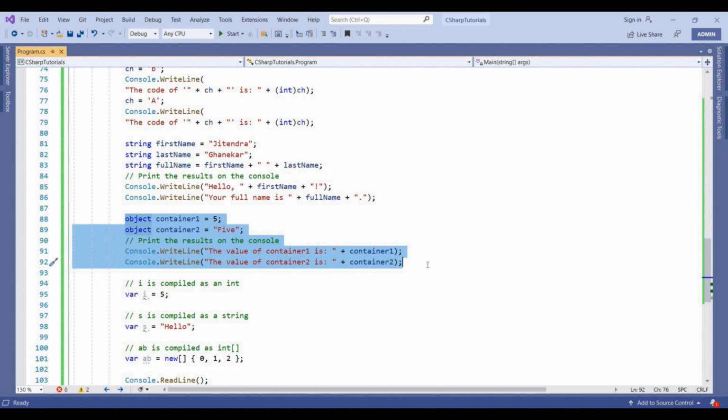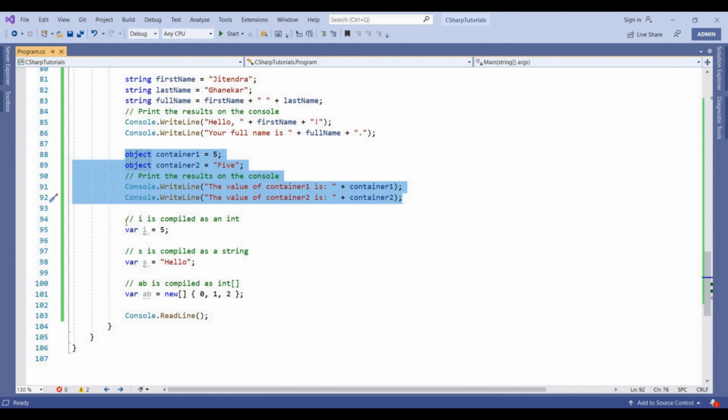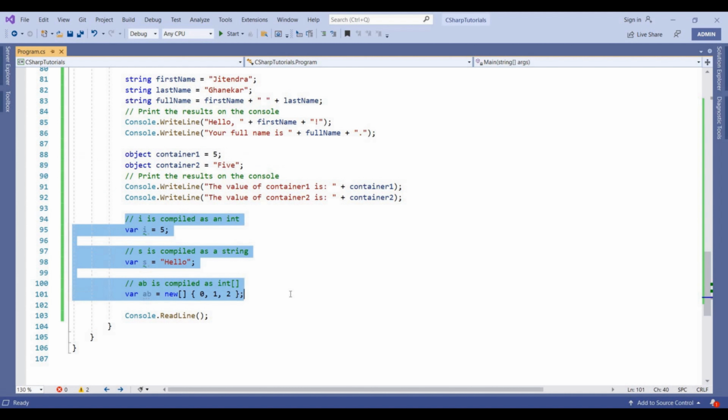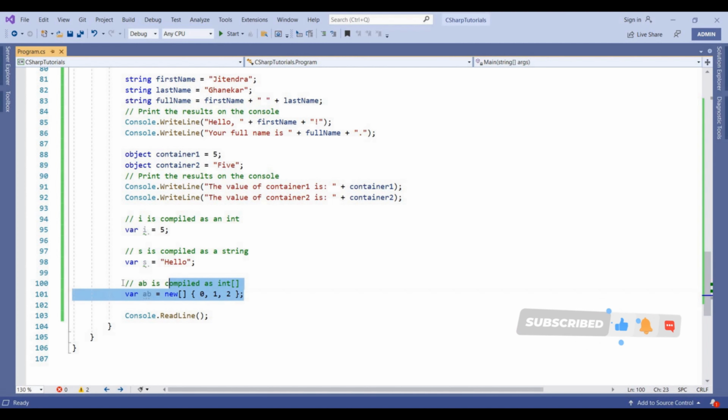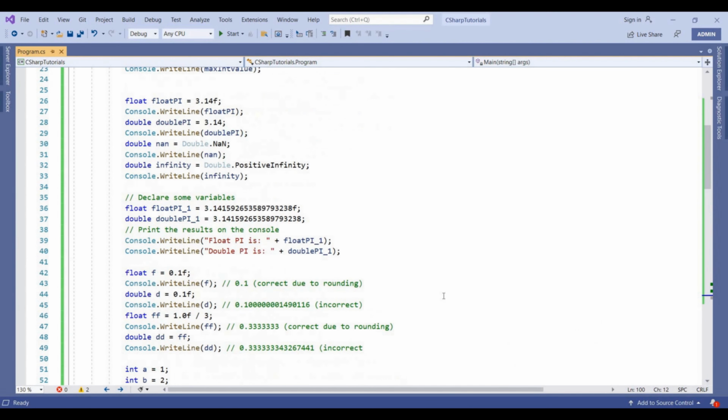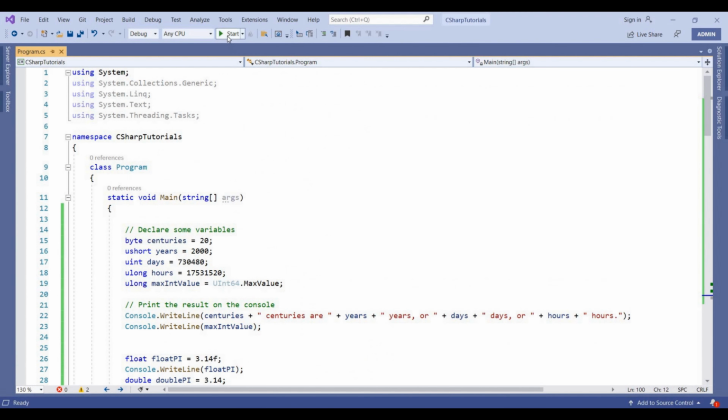Then this is an example of an object, and finally we have an example of an array. Here we are defining the string value, here the integer value, here the string value, and then we are defining the array value. So this is the code. Now if I run this code,